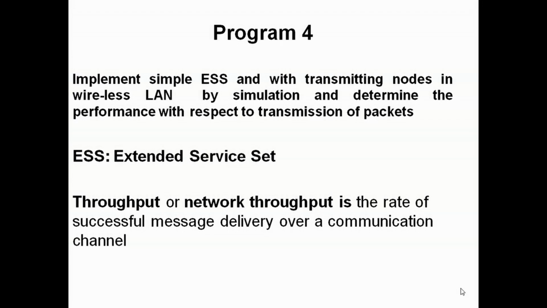In a wireless LAN, we do not have any wired LAN here. It is purely wireless. Clear? So that is the difference between program 3 and program 4. In program 3 we learnt about wired LAN, right? Ethernet. So here we are learning about wireless LAN. And of course the nodes would be mobile here, right? Because they can be moving here and there.